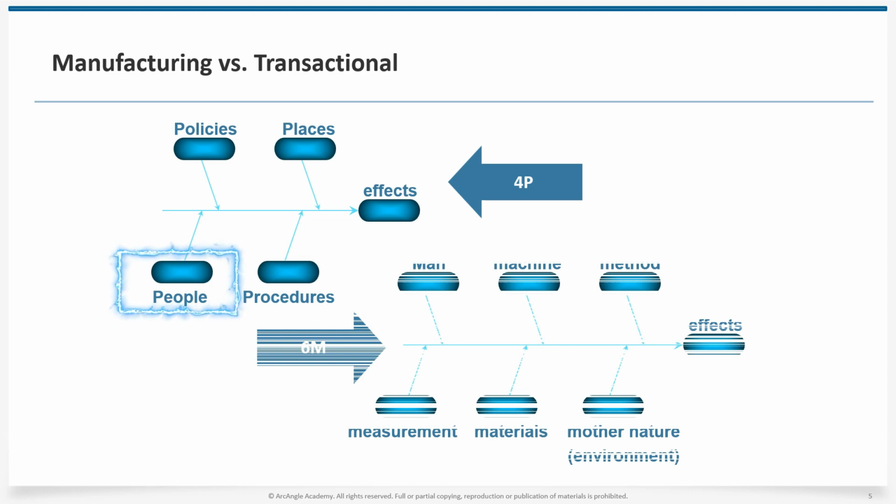In a restaurant, this means considering the individuals involved in the process, such as the waitstaff, chefs, managers, and customers. People. We also look at the physical locations and environments, including the dining area and kitchen. Places. The policies, guidelines, and protocols that govern the operations of the restaurant, such as reservation policies and payment procedures, are also important. Policies. Lastly, we consider the step-by-step methods and procedures followed in the restaurant, such as order taking